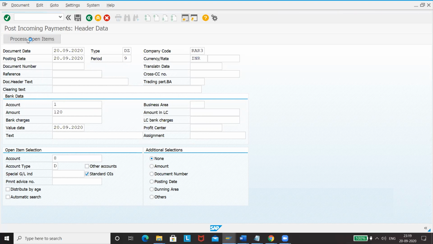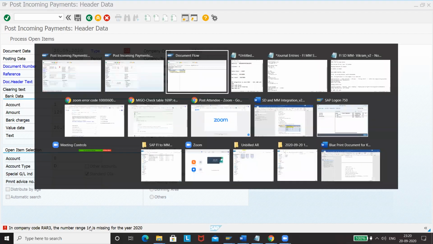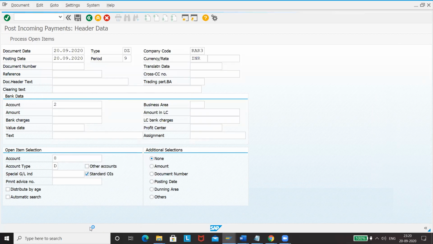Once you click on process open items, it will show what are the balances that you have to receive. It is telling that this number range is missing. So what you have to do, you will just have to go to FPN1 and maintain this number range.